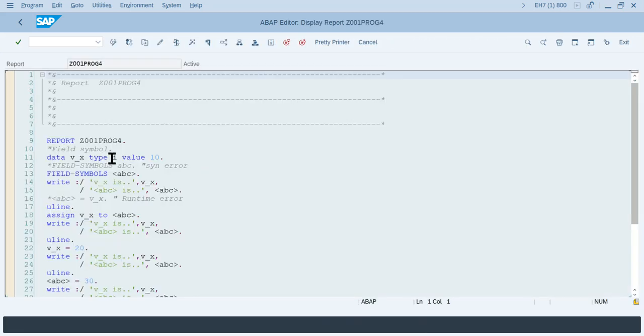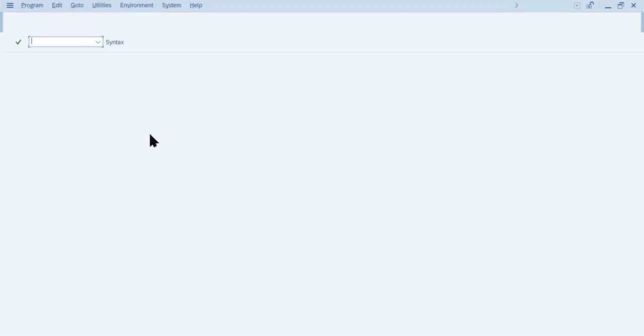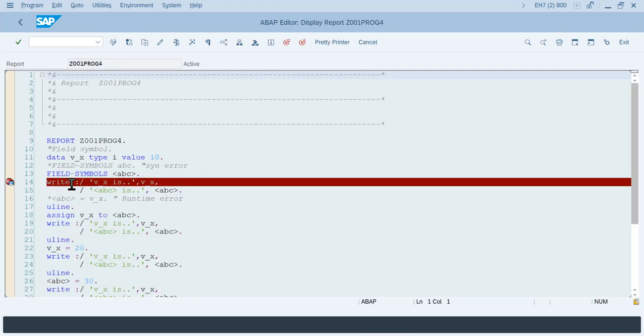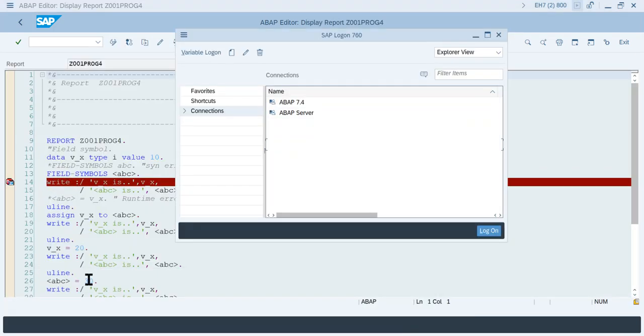Now you see, I'll keep a breakpoint on the write statement for this program. If I go and execute SE38 again within the session, you will be able to see this breakpoint. If I log into the server again one more time,